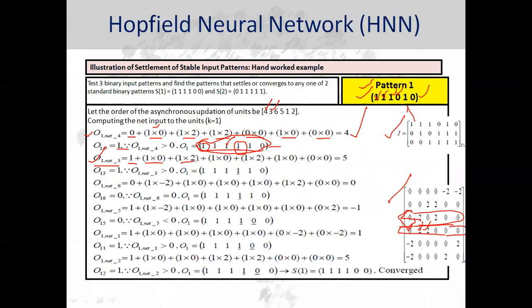Then feature number 2, weight number 2. Feature number 2 is 1. Weight number 2 is equal to 2. So this is it. Then the third, then the fourth, up to 6. And finally, it comes out to be 5. So the output generated by the third neuron is equal to 5. Now apply the activation function. Being a positive term, it will generate output equal to 1.